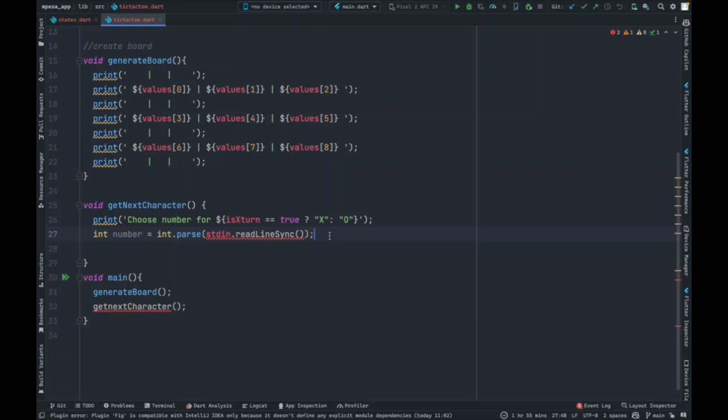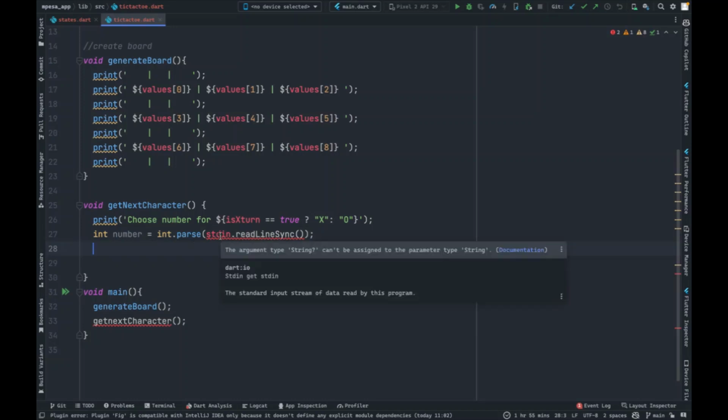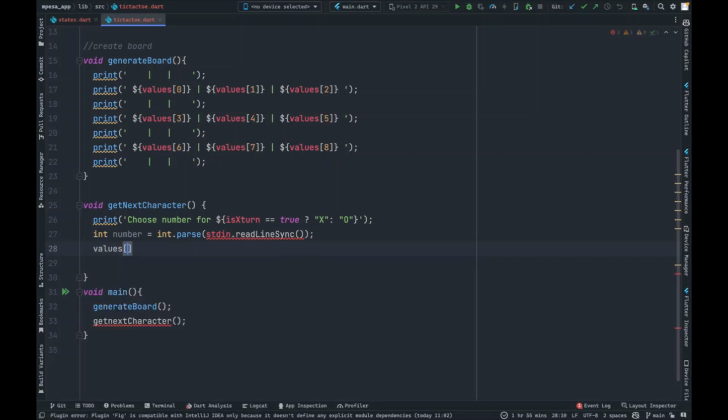We'll go ahead and solve this bug later, or we could even choose it to be your example. The next thing is to change the value of the selected number. As you know, we have our two players, X and O. So if you choose number one, it should replace number one with your value. So we're just going to do values[number - 1]